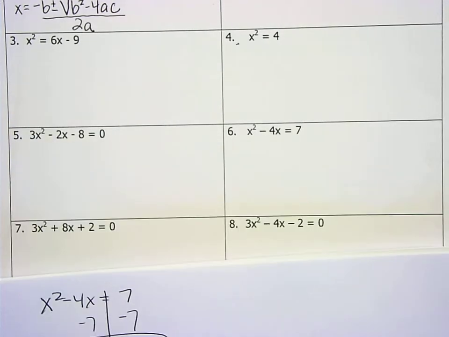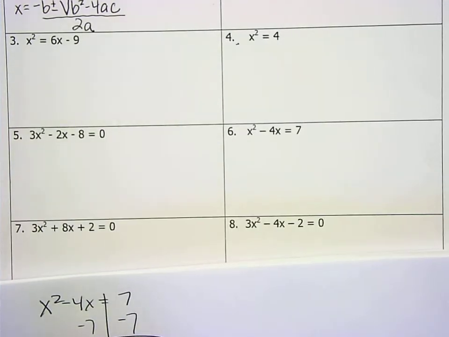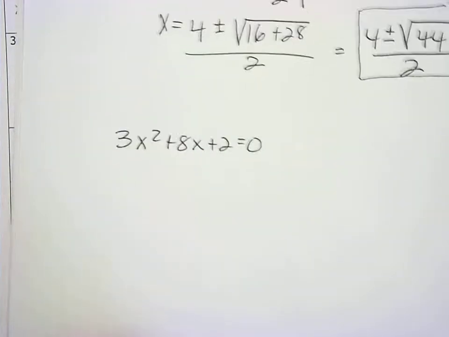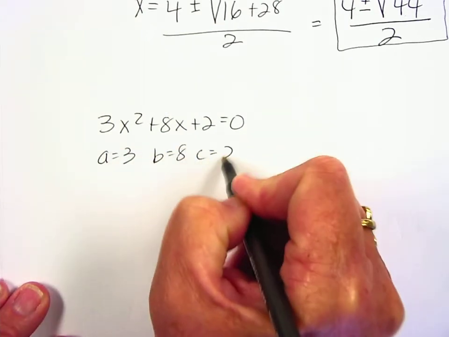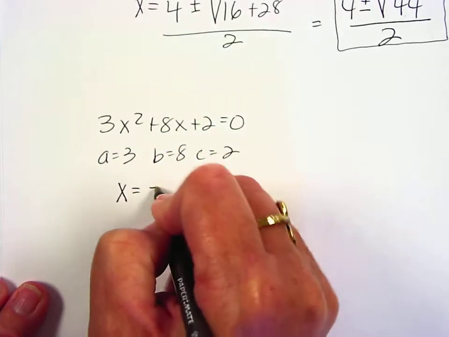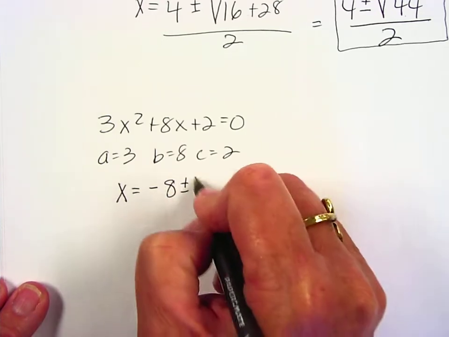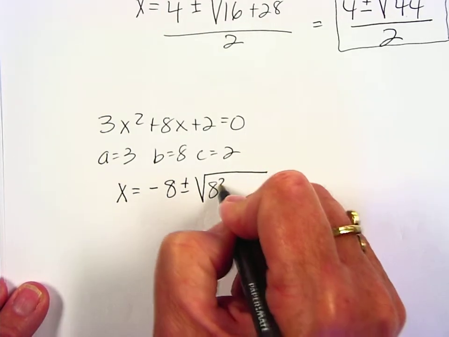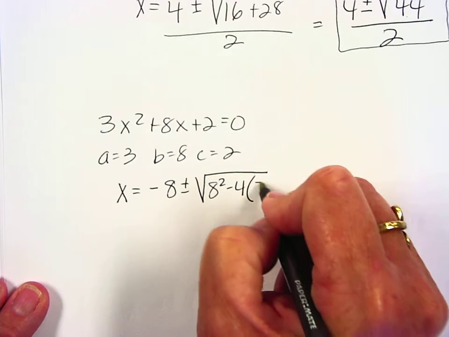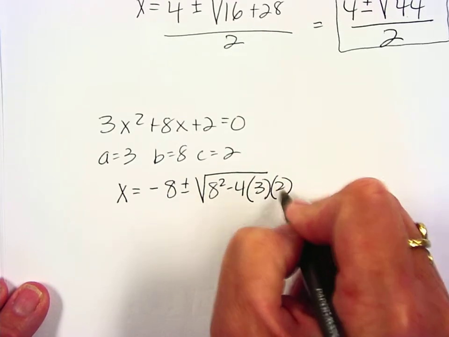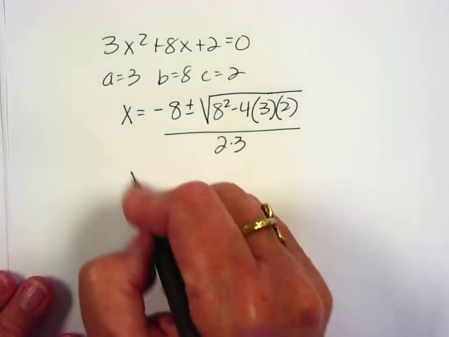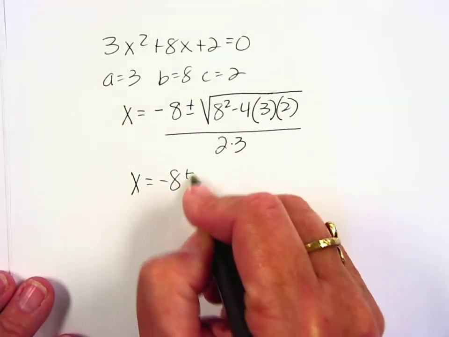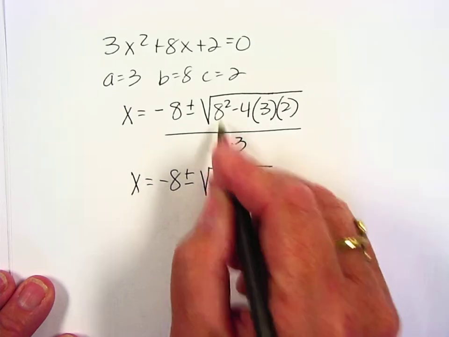Number 7, 3x squared plus 8x plus 2 equals 0 is already in standard form. a is 3, b is 8, c is 2. x equals -b plus or minus the square root of b squared minus 4 times a times c, all over 2a. x equals -8 plus or minus the square root of 64,